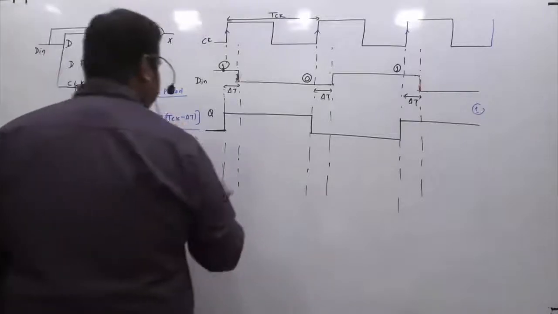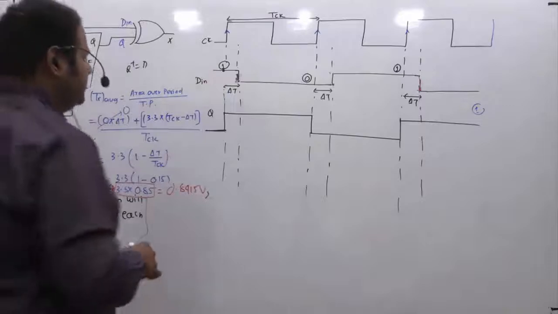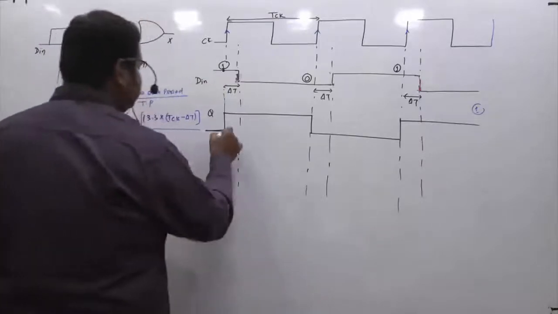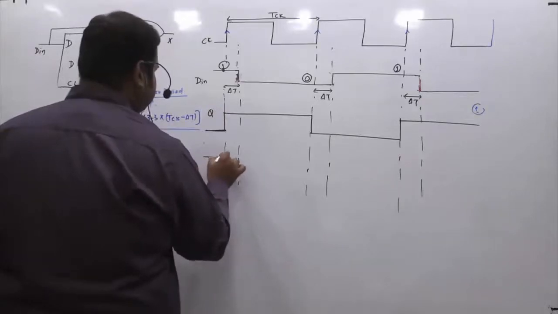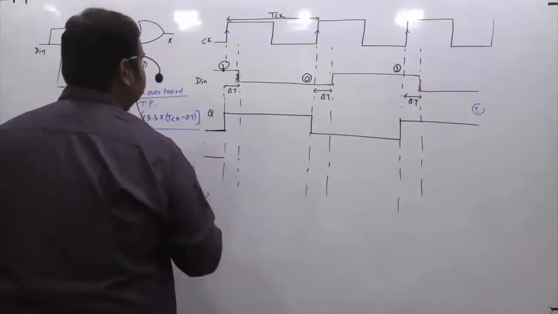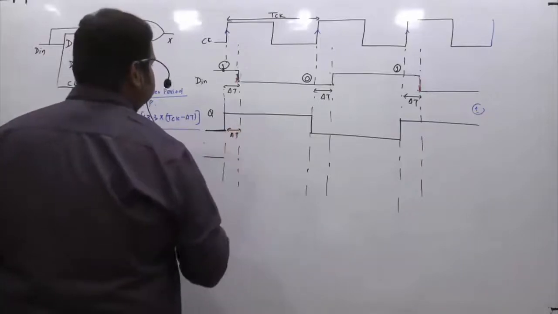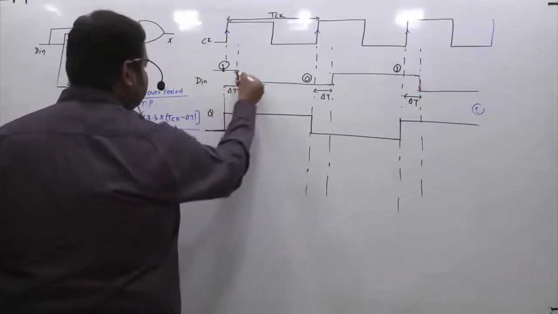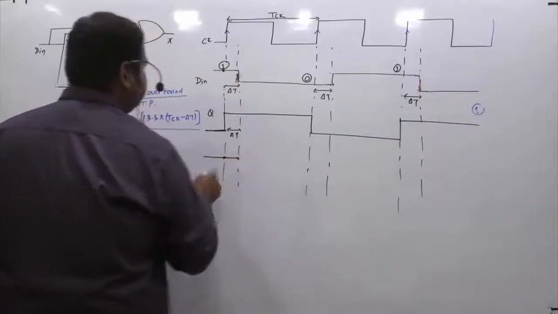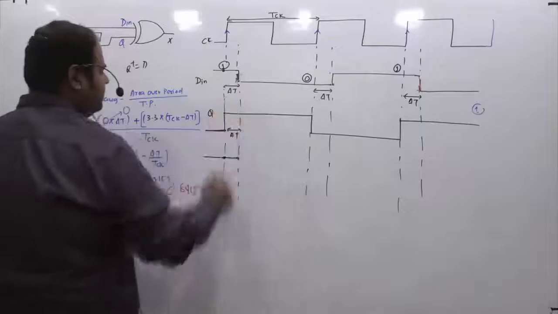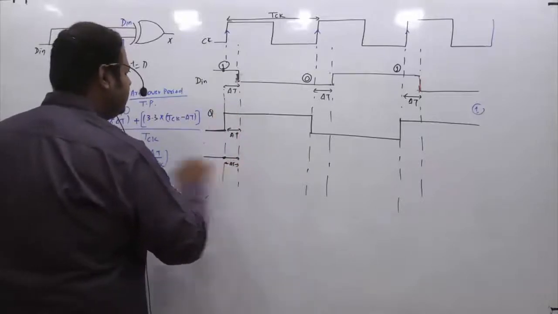Now again your X, if I ask you, this is X, a combination of D and Q. Okay, so if you do it, what will you get? Initially, whatever it might be doesn't matter to me. So this is 1, let's say, up to this edge. This gap is delta T, right? Between this point and delta T, this is 1 and this is 1, so you get 0 in this segment, because 1 XOR 1 is 0. So this gap is basically delta T.